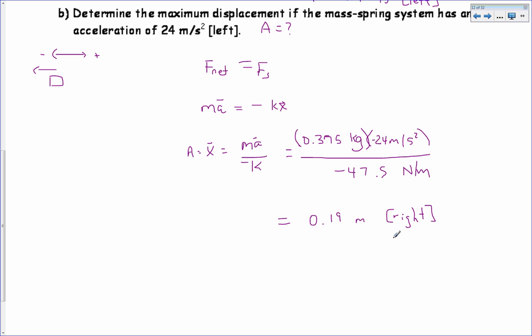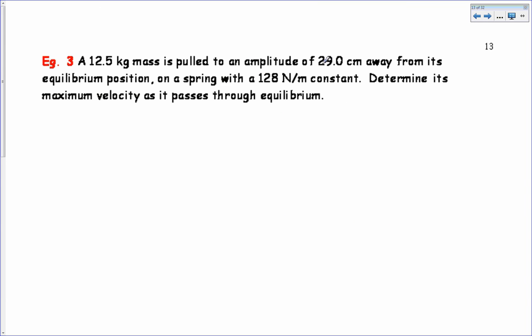Okay, so we'll do a couple energy examples so you can get the feeling of how you solve those. So we'll do a simple one with max and max, and then we'll do one that involves not having a maximum. Okay, a 12.5 kilogram mass is pulled to an amplitude. Okay, so this means max x. So amplitude, that's max x, so that means all Ep. It's pulled to an amplitude of 29 centimeters away from its equilibrium position on a spring with 128 Newton meter constant. Determine its max velocity, so that would be all Ek as it passes through the equilibrium